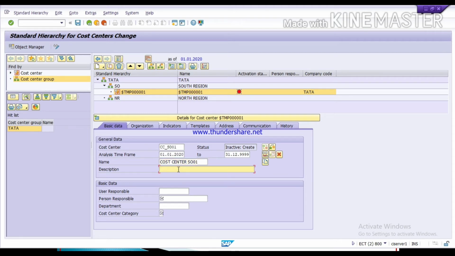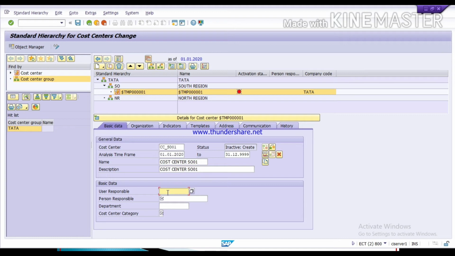Accordingly, you can give your name and description about your cost center. It should be easy to understand. Your description, name, cost center name, should be easy to understand for which level you are going to create your cost center.